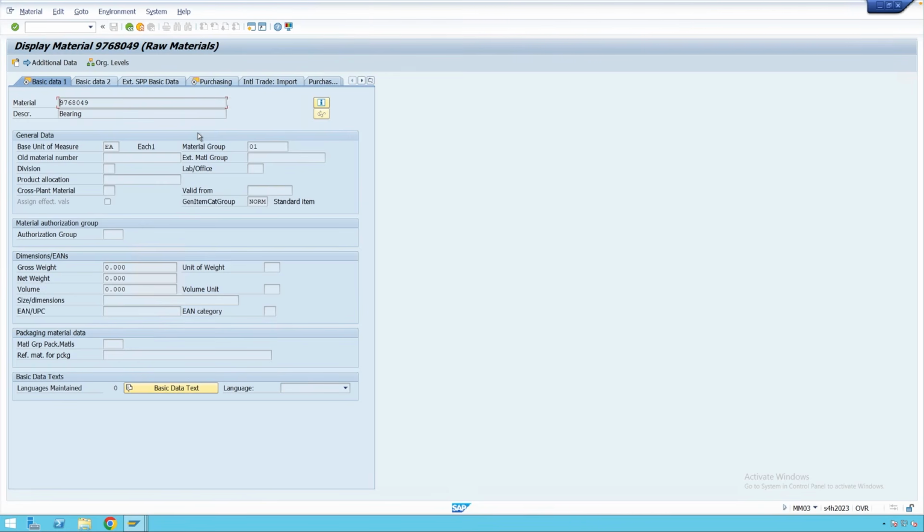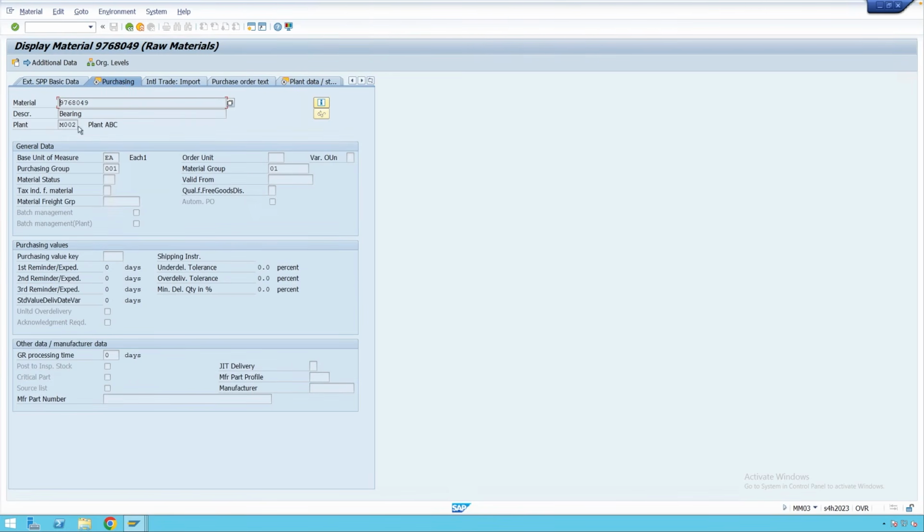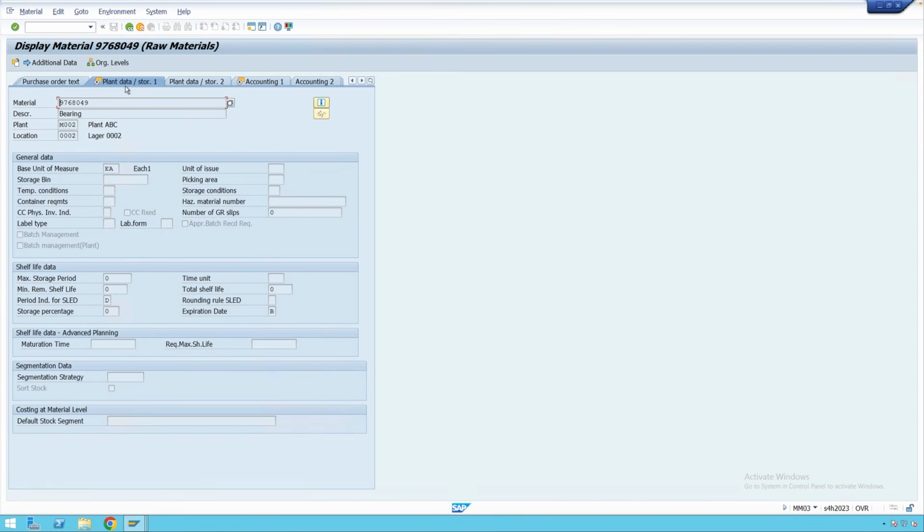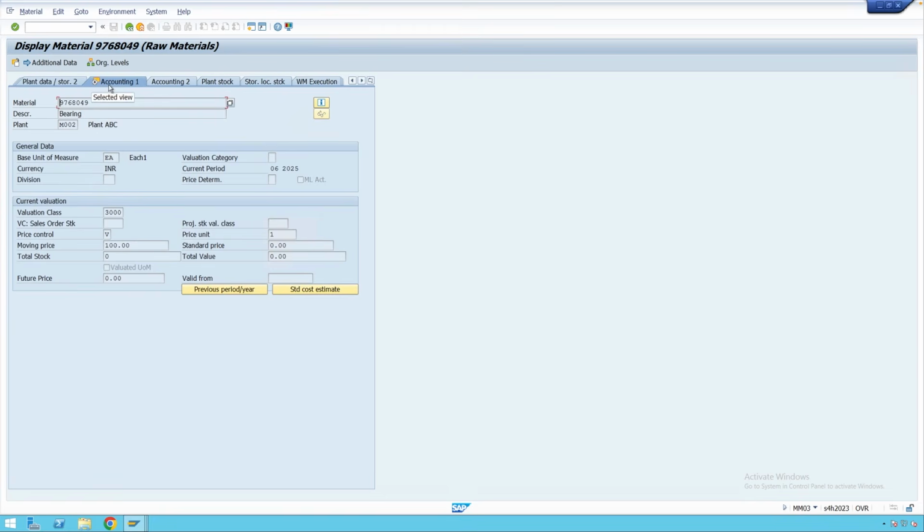So if we press enter, you can see the purchasing view has been created for plant M002. If we again press enter, you can see the storage one view has been created for combination of M002 and 0002. If you again press enter, you can see the accounting one also has been created for plant M002. Okay. So in this way, we saw how we can extend the material with new views or with new organizational